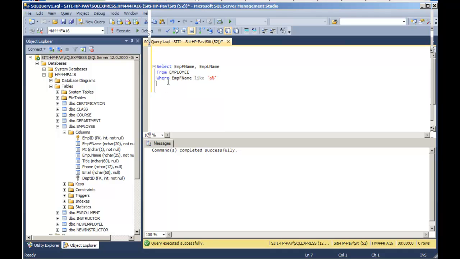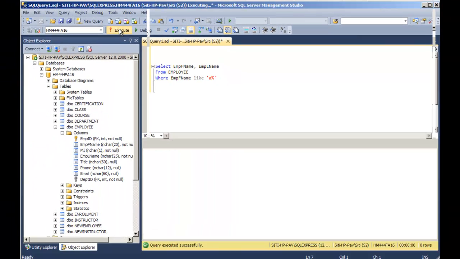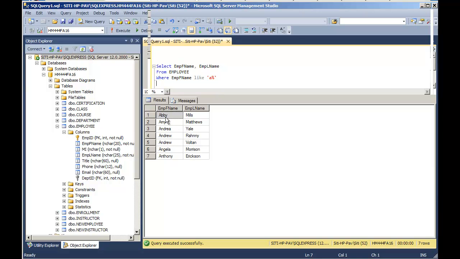And then in the WHERE statement, I want to pull employee first name where the first name begins with the letter A, and I don't care what other letters follow the letter A as long as the first name begins with the letter A. So if I execute that, you will see that